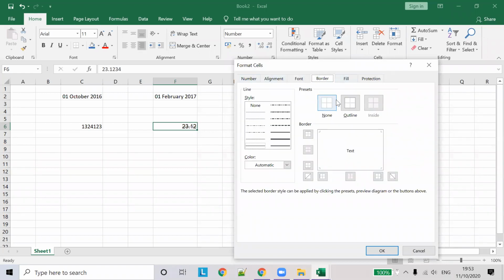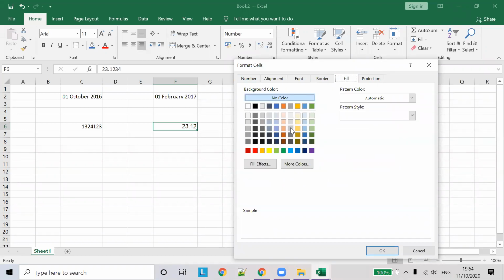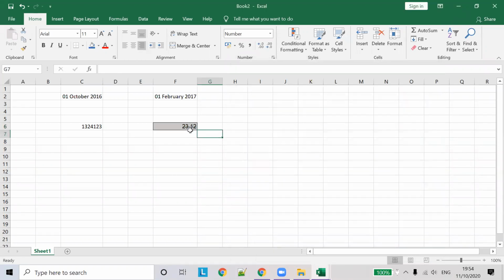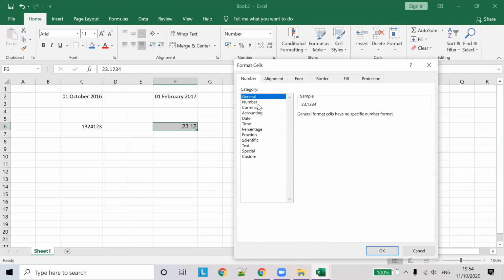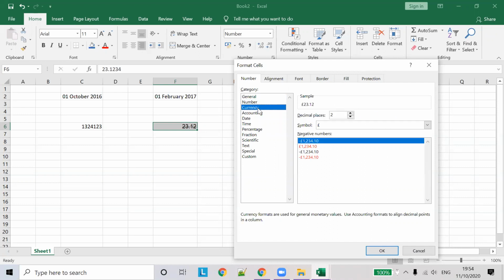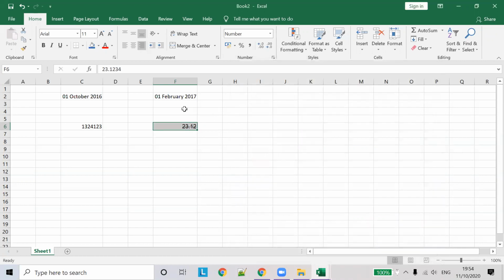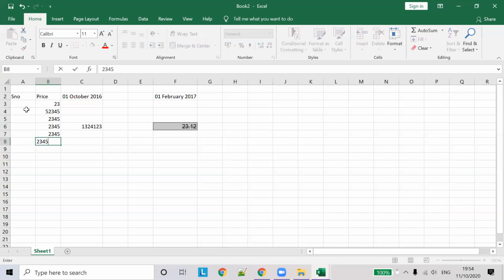If you want to fill the row, give an outline or give a background, all this can be done using the Format Cells option. So this is general formatting. If you want to display currency, let's say we have an example with a serial number, and the price could be in dollars, for items like banana.